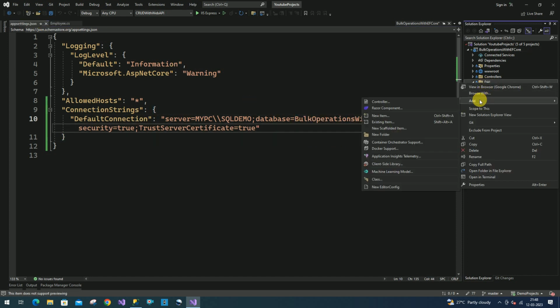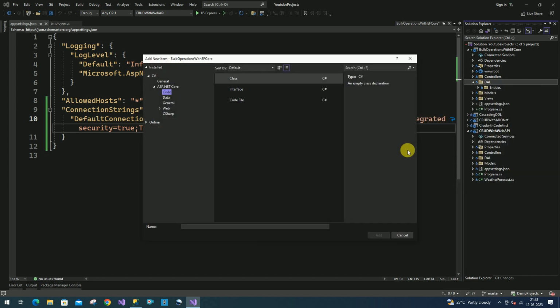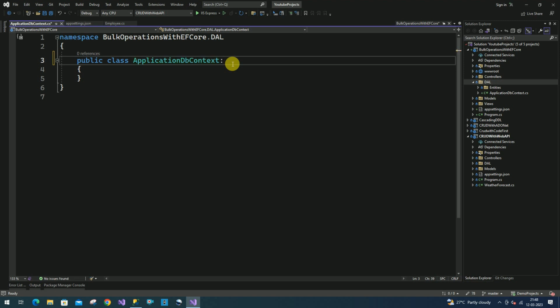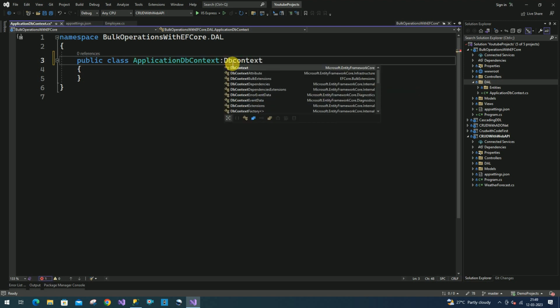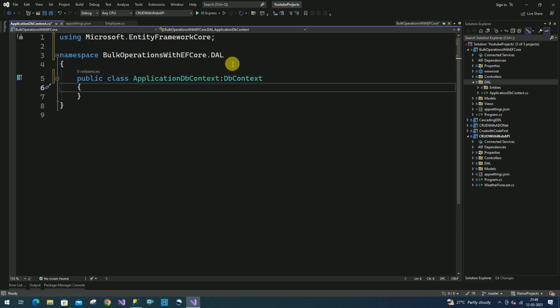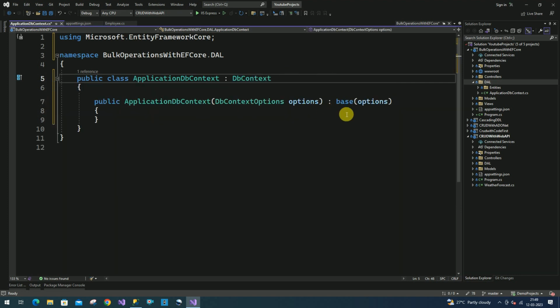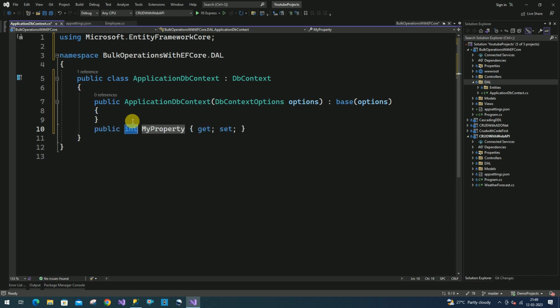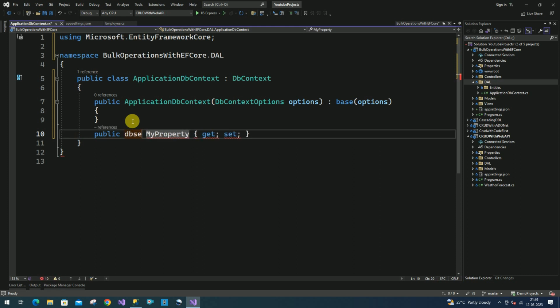Now I am going to add the DB context. I will create a class for that. This ApplicationDbContext I need to inherit from DbContext. Here I am going to generate a constructor with options. Here I want to initialize my employee table, which is a DbSet. I will make it Employees. Here we have to add the namespace,